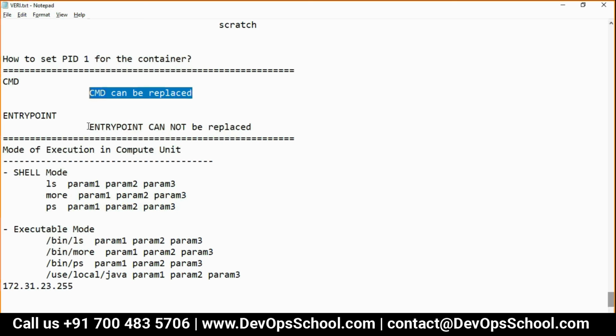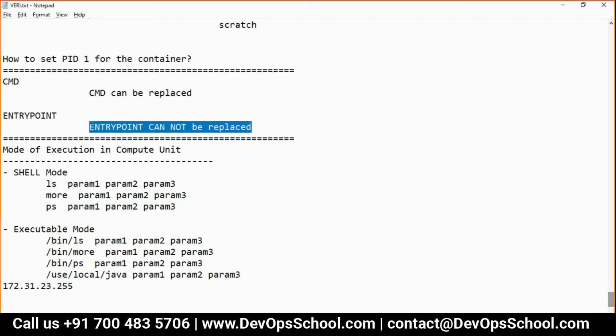One more very important reason is that sometimes you don't want the container's behavior to change. Understand that. When you do not want the container's behavior to be changed, you should use entry point.